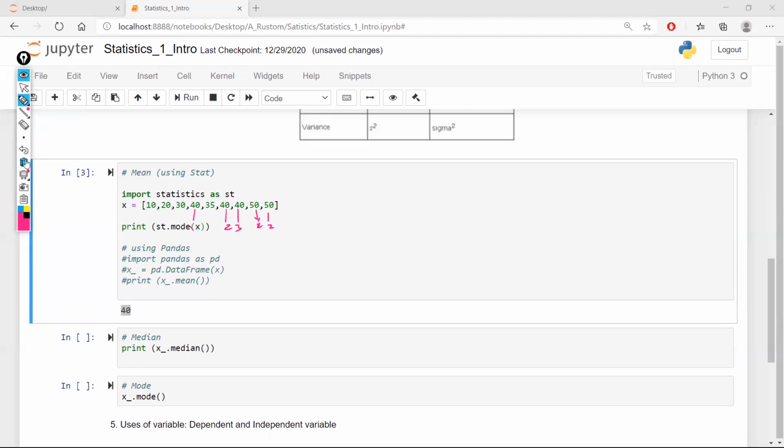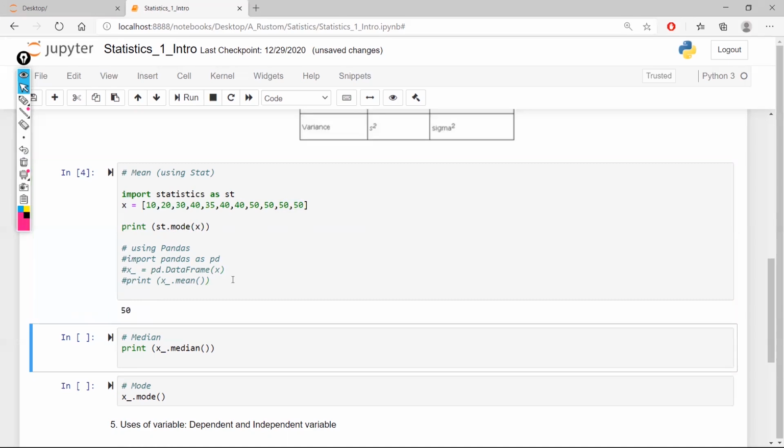All right. Just for the sake of explaining one more time, I will increase this number: 50 and one more 50. Now 50 is occurring more times compared to 40, so I'm expecting 50 to be my answer, as it occurs one extra time compared to 40. So that is basically the mode here. All right. You don't need to worry about